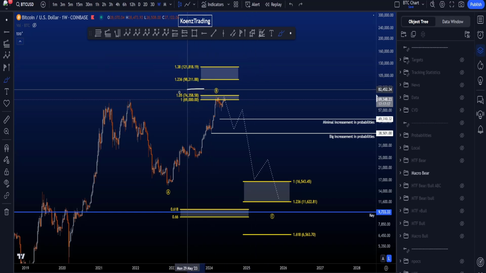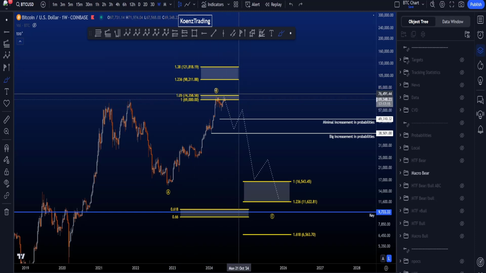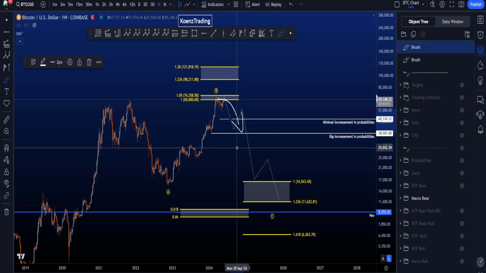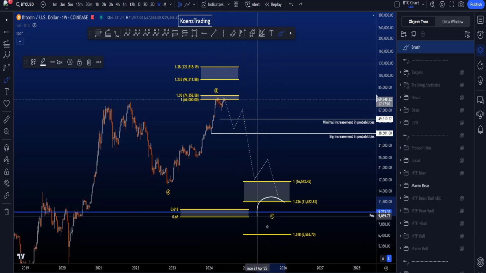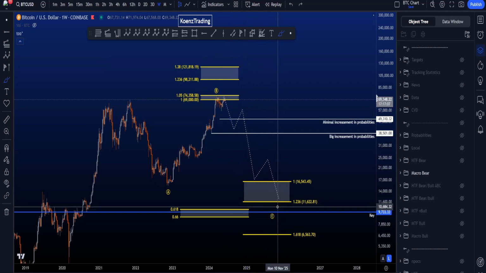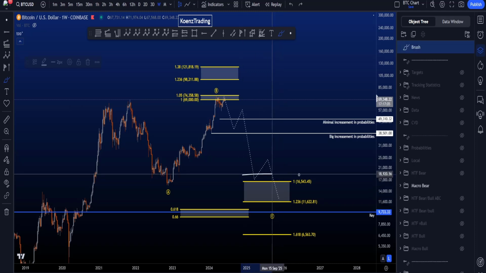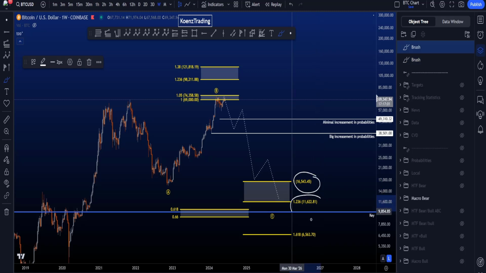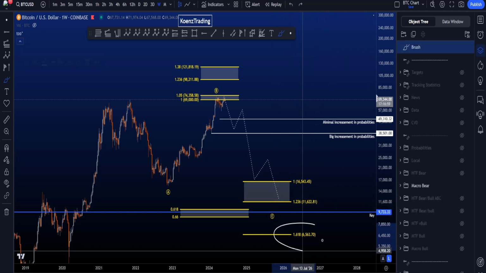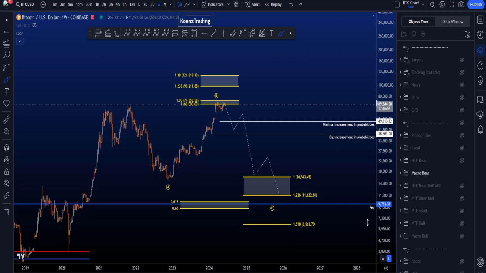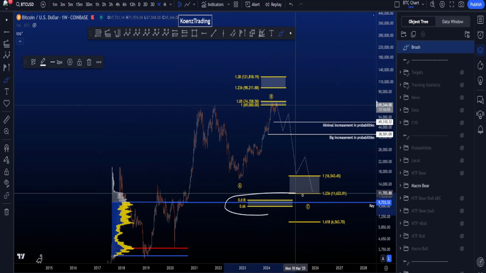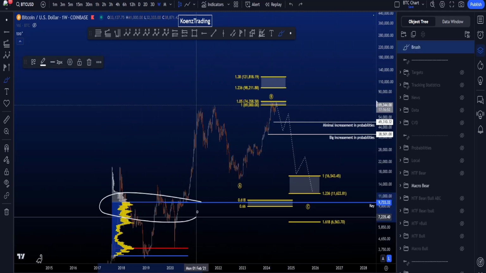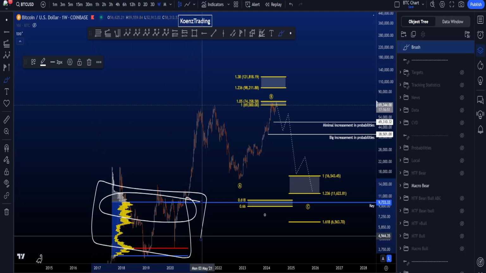So there's quite a big difference between the target areas, but currently we are at the regular flat target, and in the most bearish scenario, we look for continuation down impulsively for a wave C. The most common target for your wave C is the 1 to 1.236 trend-based fib extension, 16.5k, 11.6k, extension target 6.5k. Best area of support is the golden pocket here with the value area high of this multi-year range sitting